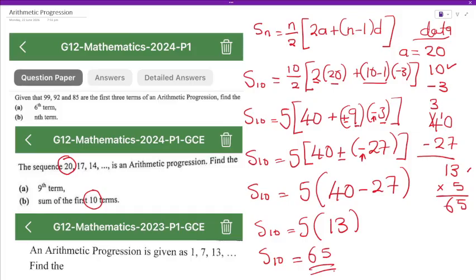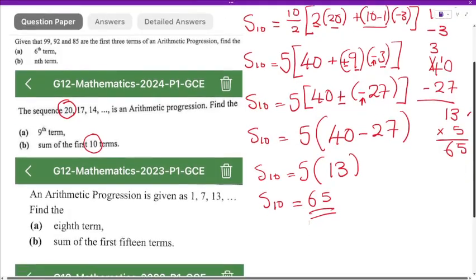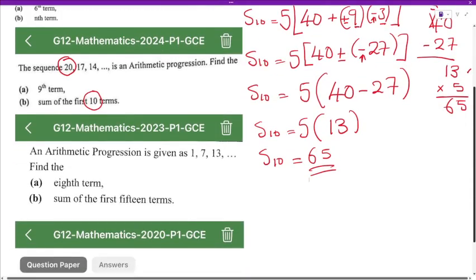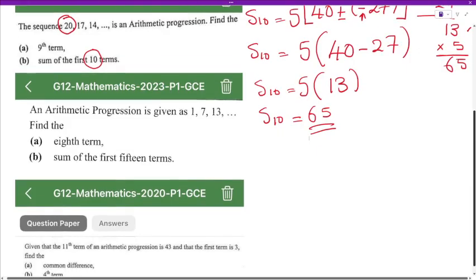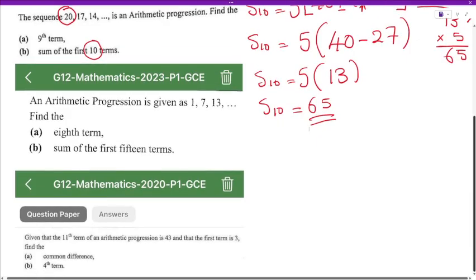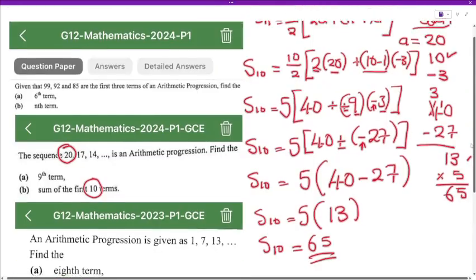As simple as that. I'll give it a few seconds in case someone has just developed a question. Okay. Remember, like I said, AP is one of the simplest topics in math paper 1. We're just remaining with 2 questions and then we'll call it a night. So we go to the next one,